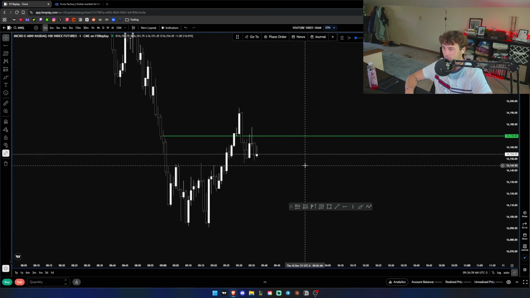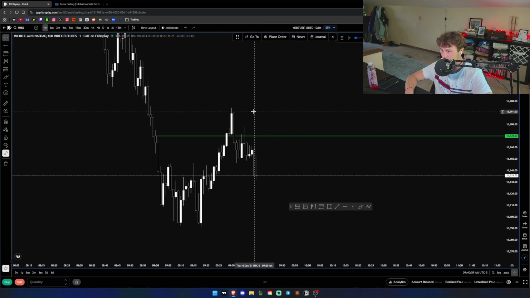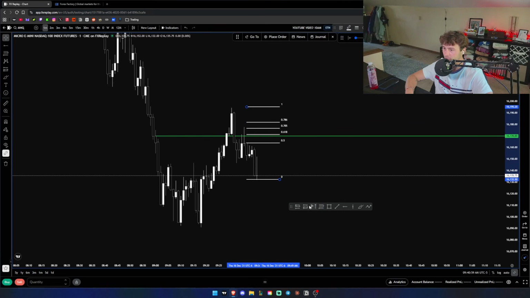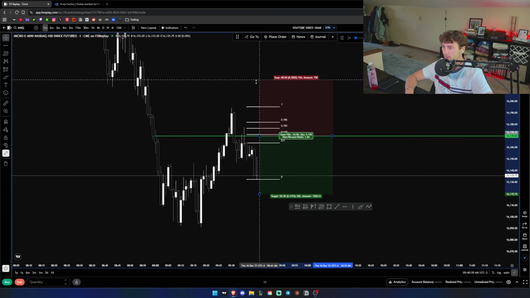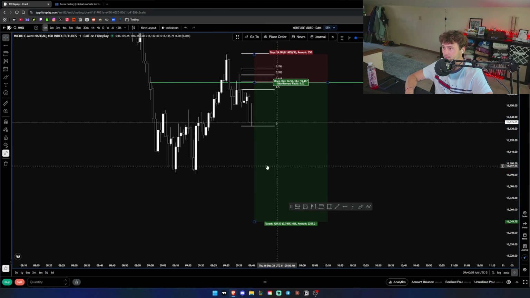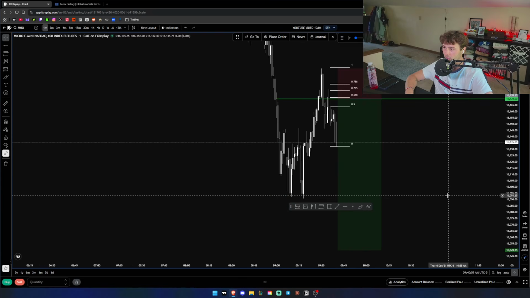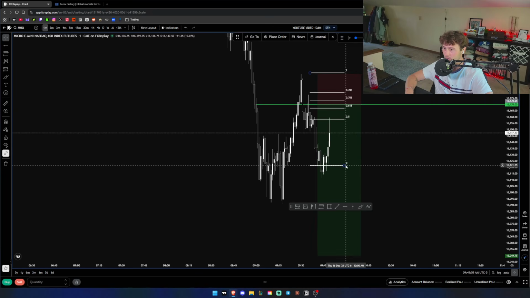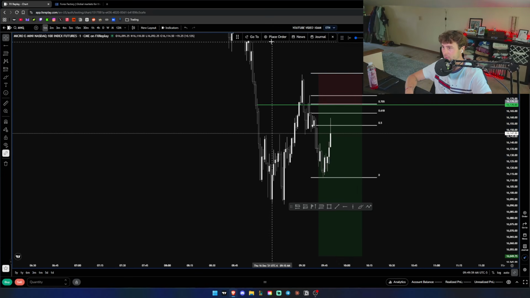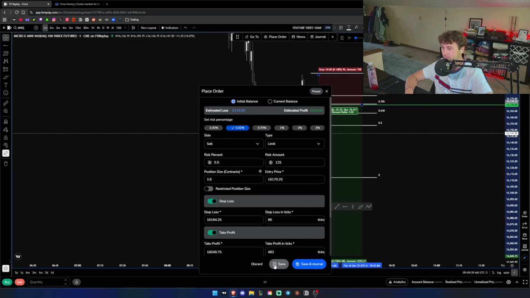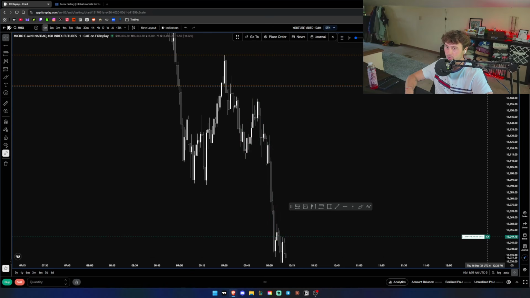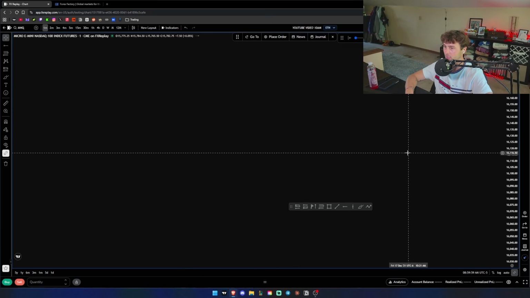Alright, we have manipulation above. It's not too bad now. We could take this, I guess. Stop here. Target 1 to 5. Got not equal lows. Let's see. Price wants to give us an entry. Might give it to us now. Looks a little sketchy here. Doesn't give us an entry, unfortunate. Go to next day.